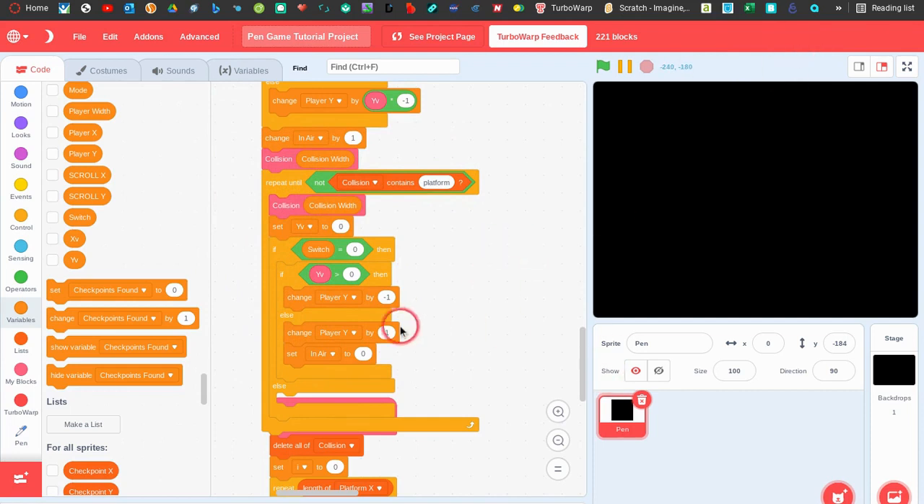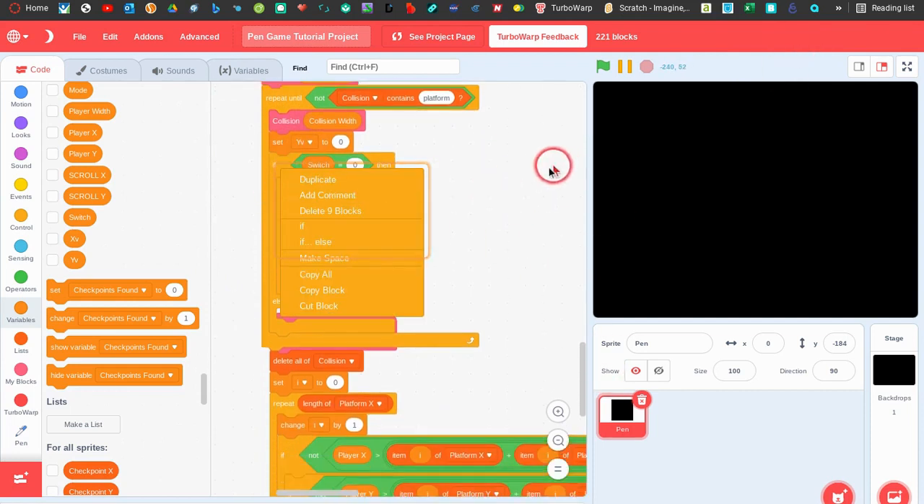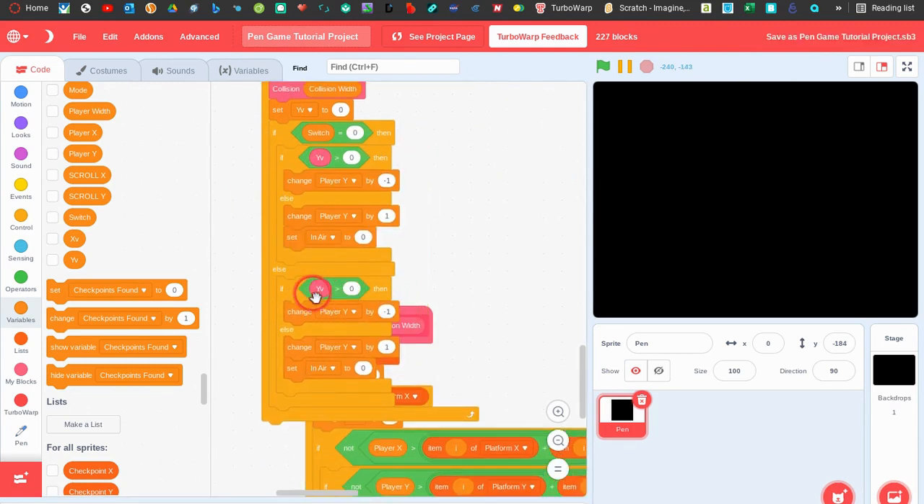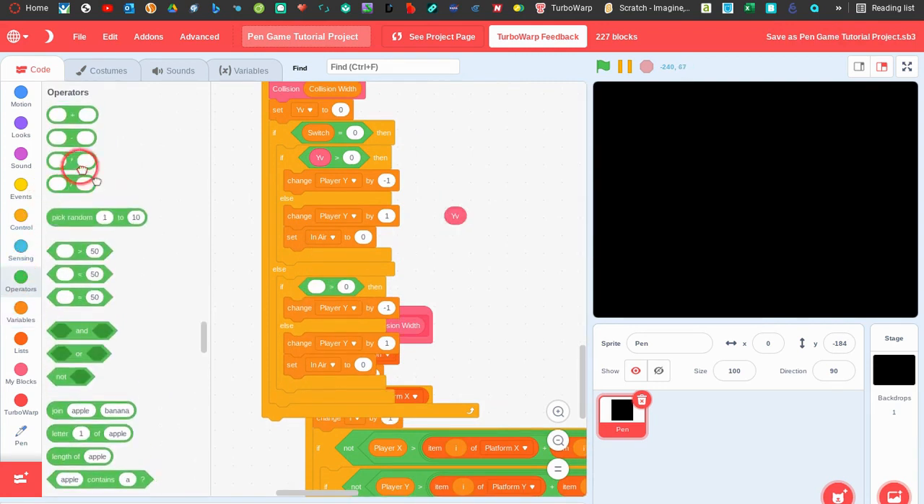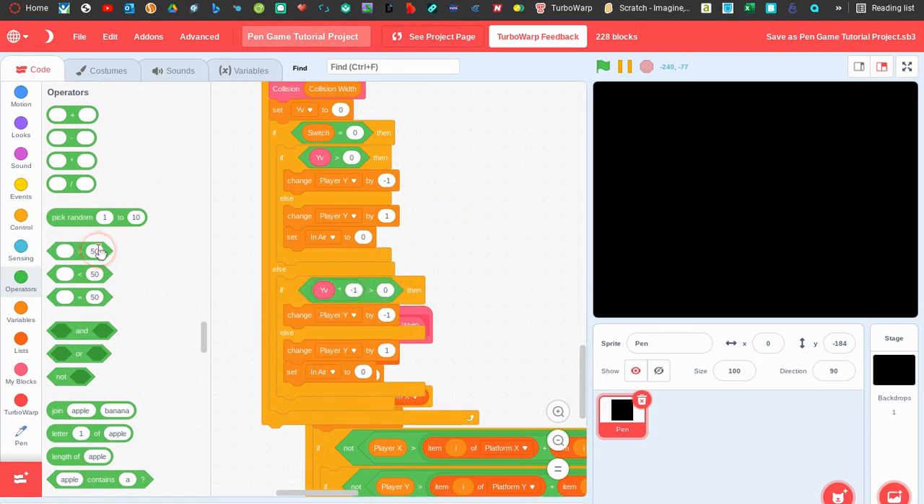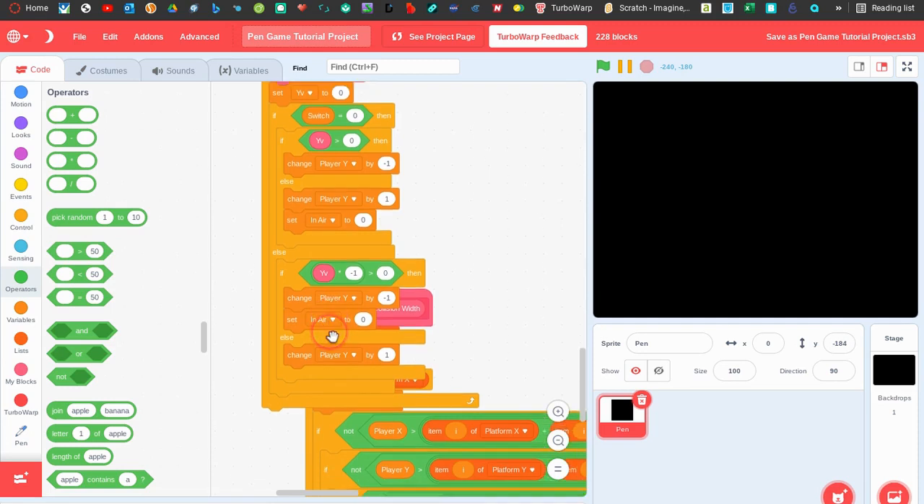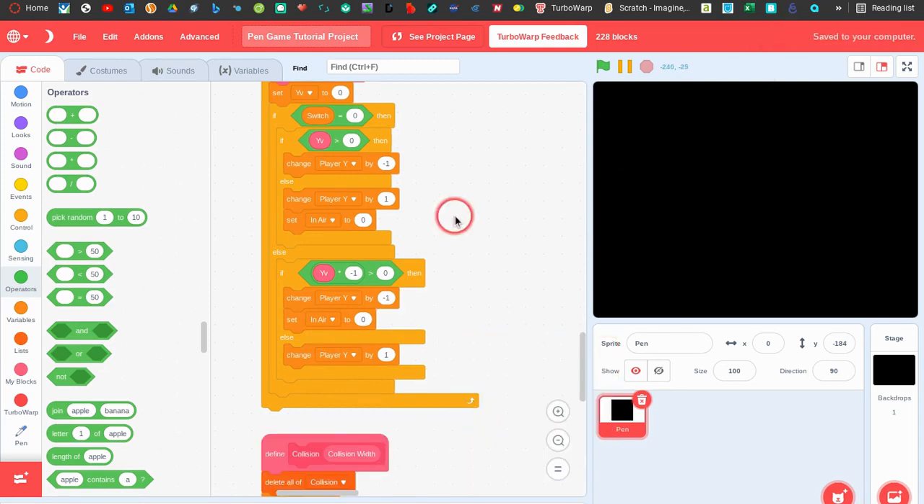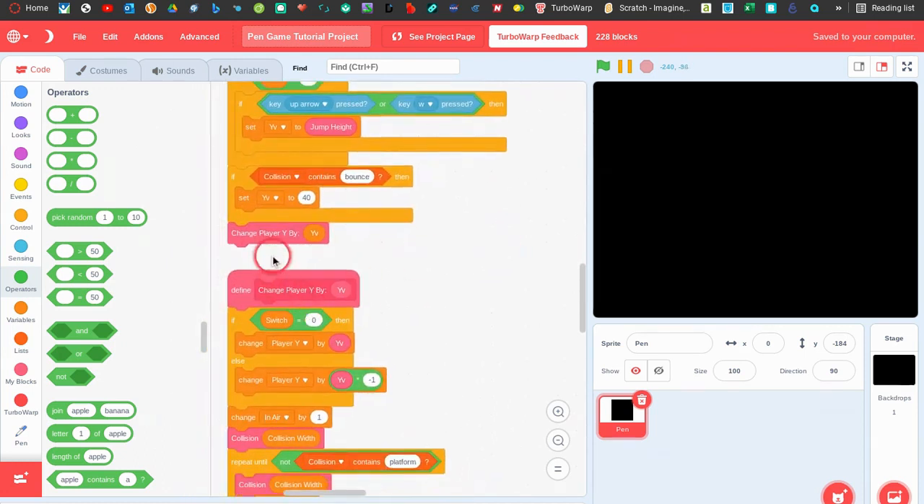But here, in the else, we're going to do the opposite thing. We're going to say if else YV times -1 is greater than 0, we're going to change the player Y by -1, but we're going to set the in air to 0. And then else we're going to change the player Y by 1. Okay, so this block is now done. And then if we clean this up,